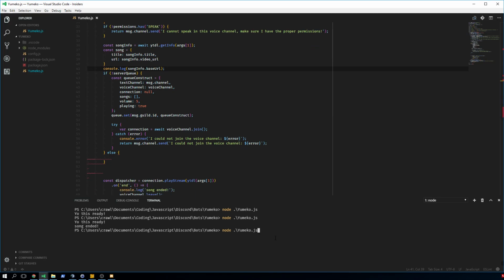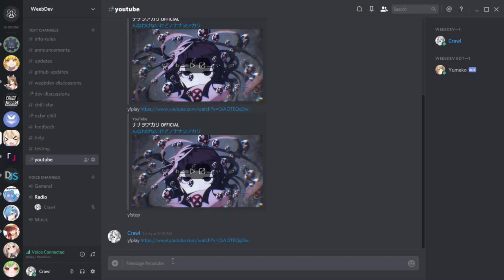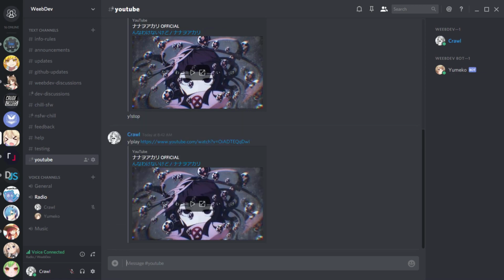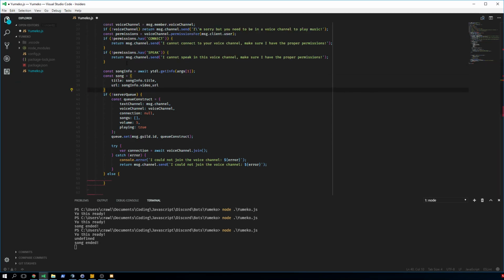So we can already start the bot up again, then go to Discord and just use the play command. It doesn't really matter. And then we get undefined here. So apparently this is not a thing. Weird. I'm surprised, this should very well be a thing. Anyway, you can see here it's undefined, so apparently it doesn't help us in any way. Anyway, now we have this here, and what we're going to do next is,